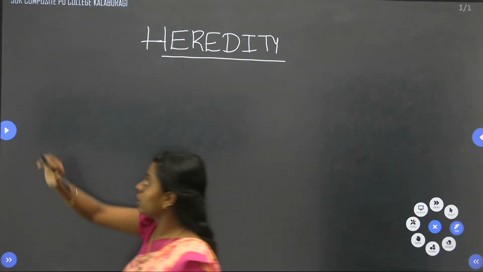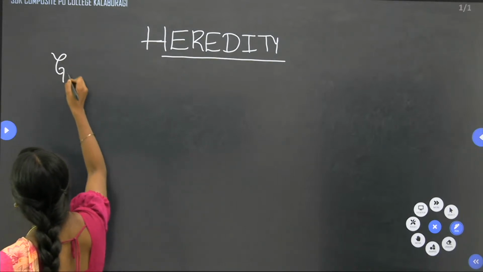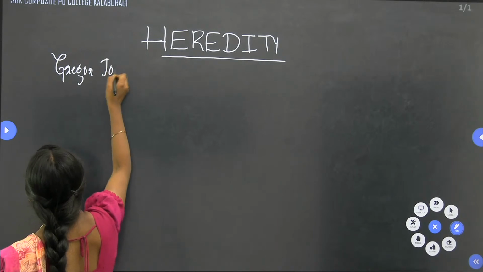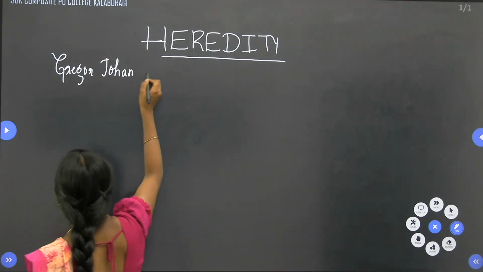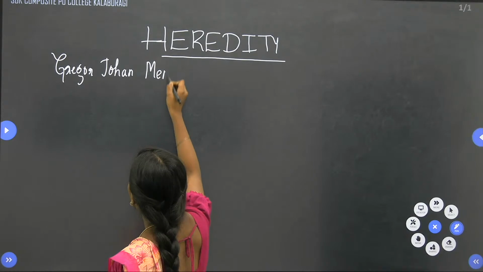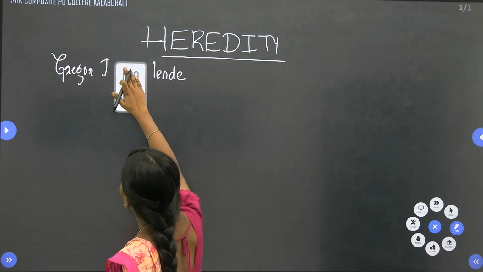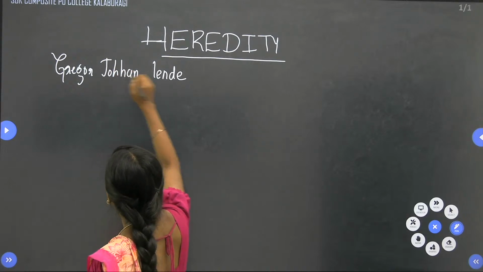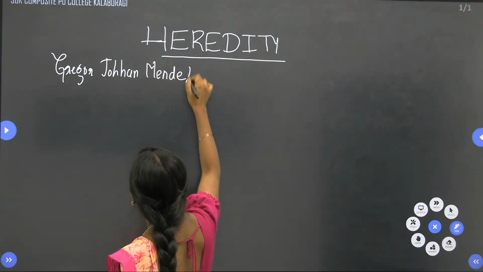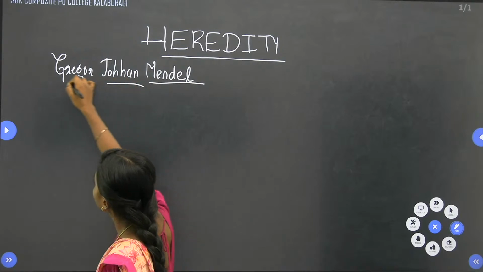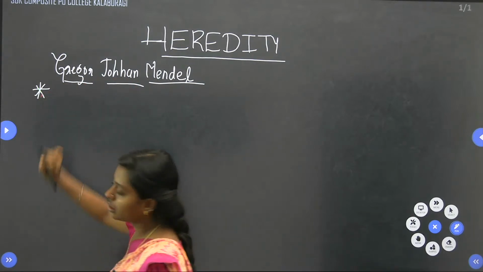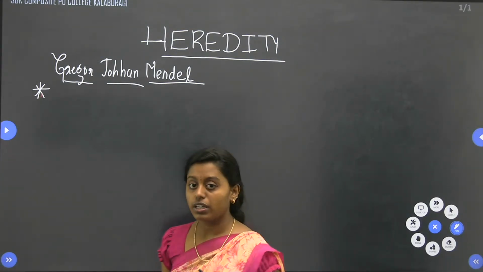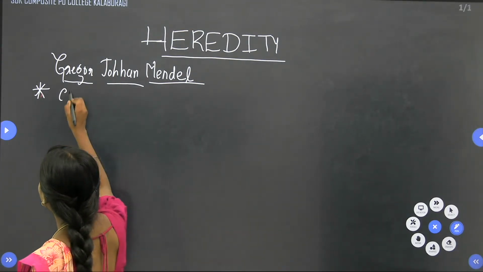A scientist named Gregor Johann Mendel conducted experiments